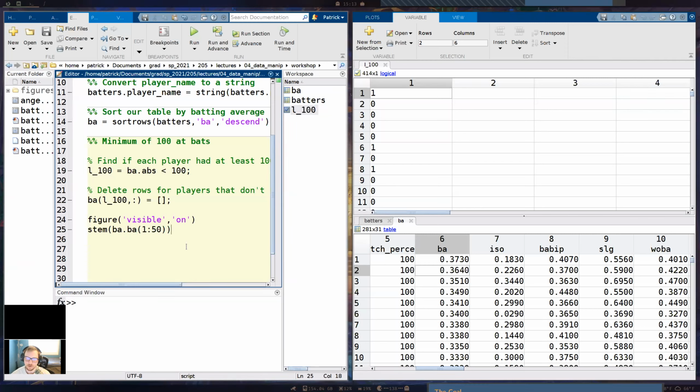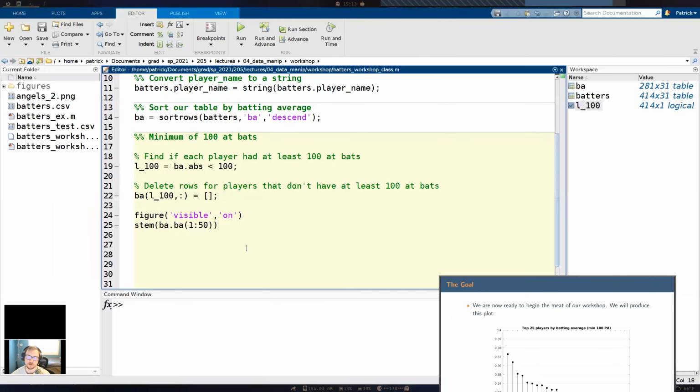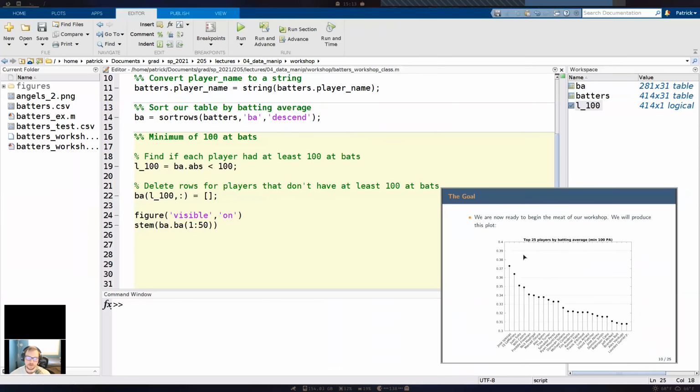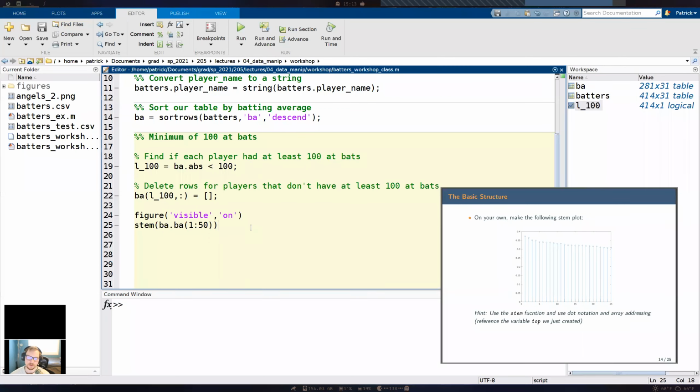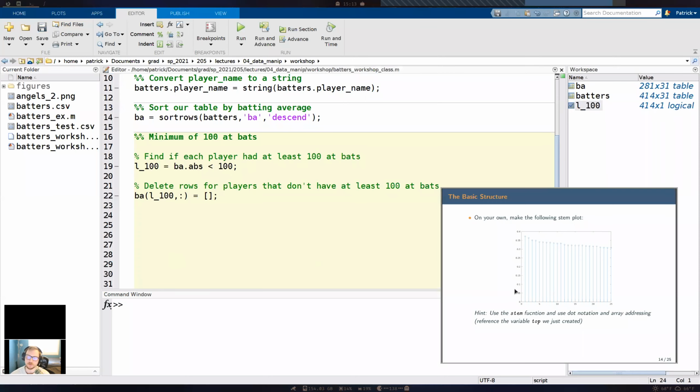So later on, if I want to change this to the top 50 players, basically I only want to change one line of code and not multiple lines of code. So we're going to instead create a variable here called top to basically represent how many players we want to plot. And you'll see later on that, again, we're going to be referencing this variable multiple times. And again, this is going to help us, so we only have to change one line of code and not multiple lines of code.